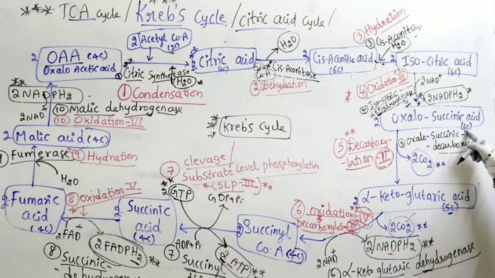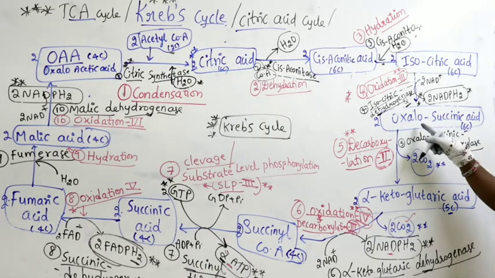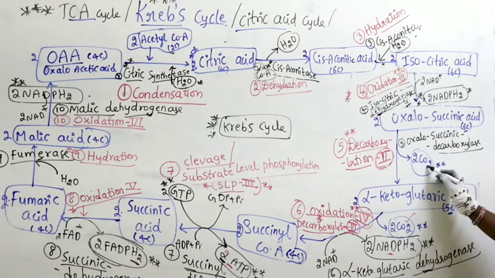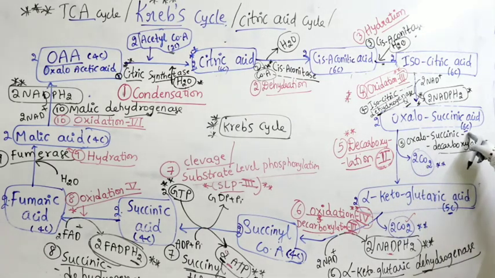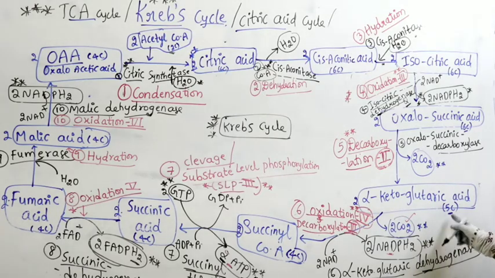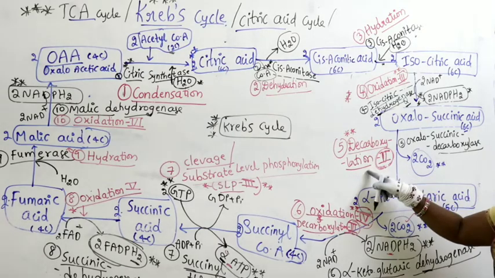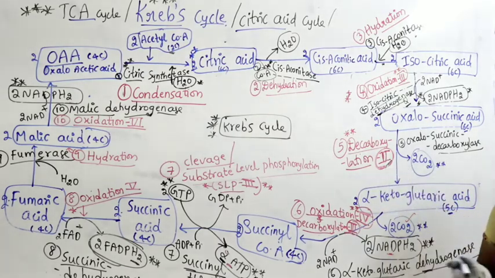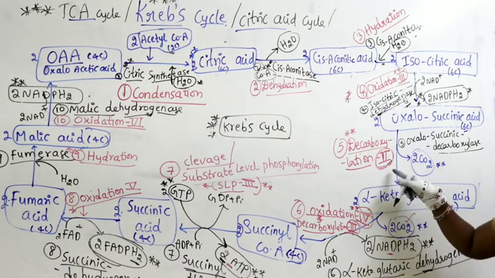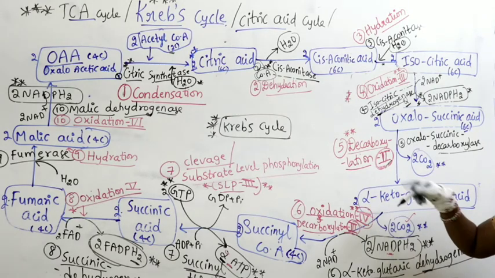Oxalosuccinic acid having 6 carbons here. Now from each compound 1 carbon dioxide molecule comes out here. So 6 carbon compound converts into 5 carbon compound, that is alpha ketoglutaric acid. So here 2 molecules of carbon dioxide are released out. The name of the enzyme is oxalosuccinic decarboxylase and the name of the reaction is decarboxylation number 2. Decarboxylation number 1, where carbon dioxide is released, is link reaction. Now in Krebs cycle decarboxylation number 2 takes place.